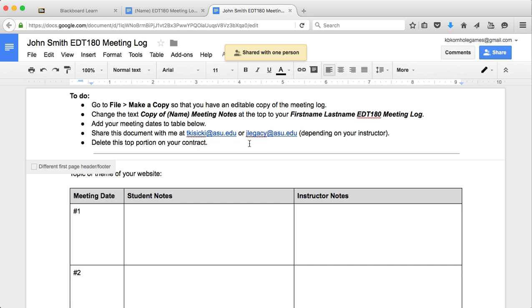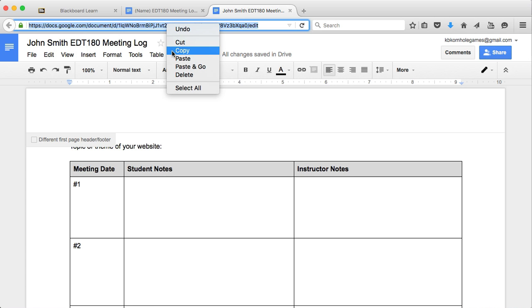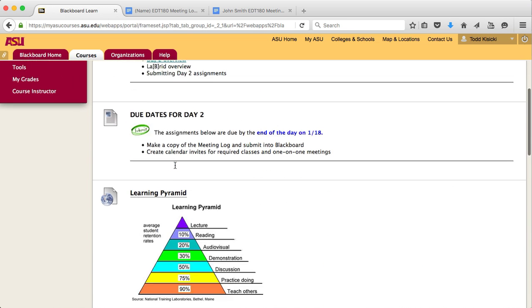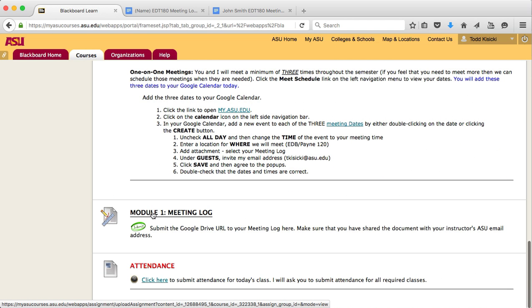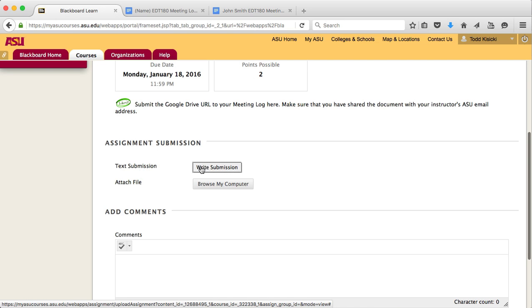Now, after you're all finished with that, you can just delete all of this information. You don't need it anymore. And you will then submit this link into Blackboard. Okay, now that I have made all my changes and shared it with my instructor, I'll come up here and copy the URL. Okay, and back in my Blackboard day 2, I will come down to the very bottom where it says meeting log. I'll go to module 1 meeting log. I'll come in here where it says write submission. I'll click on that,